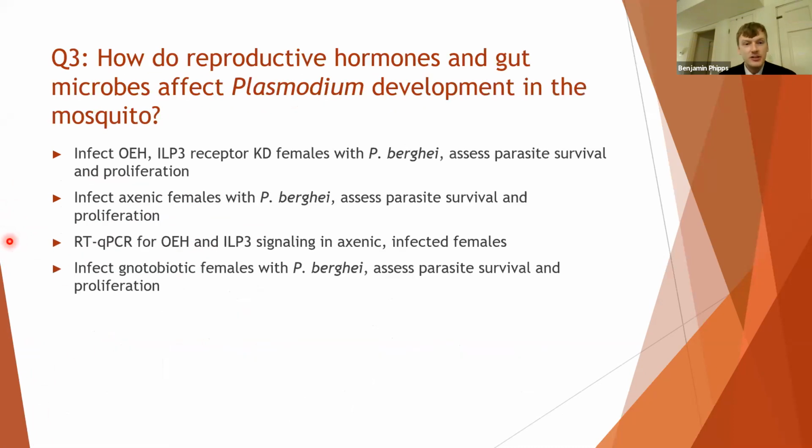And then finally, how do reproductive hormones and gut microbes affect Plasmodium development in the mosquito? First, to identify the roles of reproductive hormones in Plasmodium development, I will infect OEH and ILP3 receptor knockdown females with Plasmodium berghei, which is a murine malaria parasite, and assess parasite survival and proliferation. And I'll also do this in